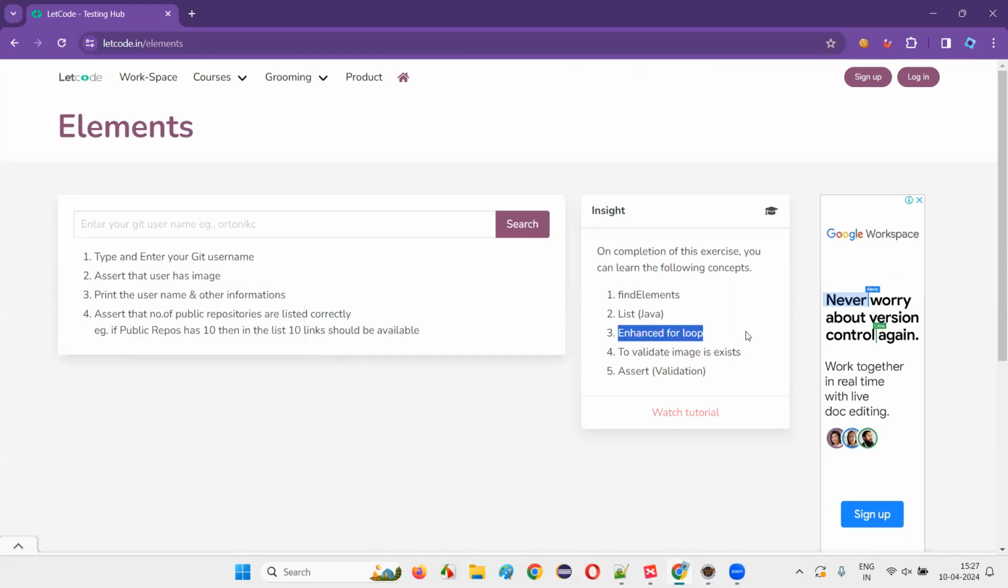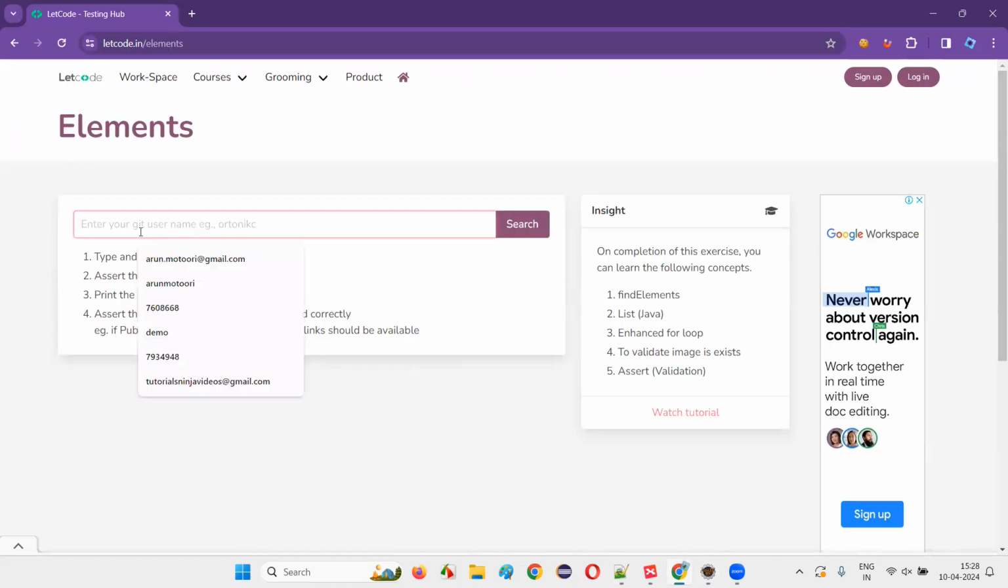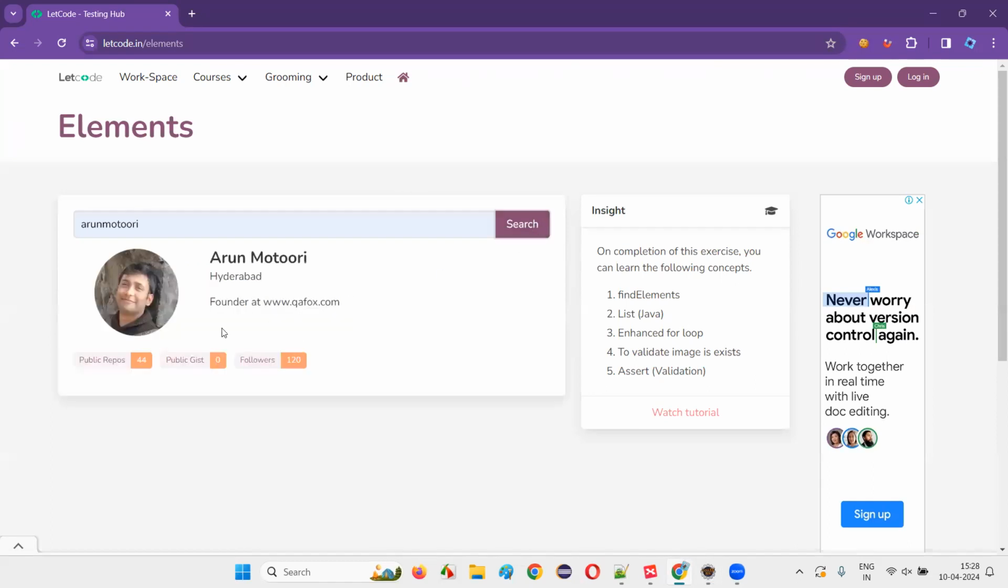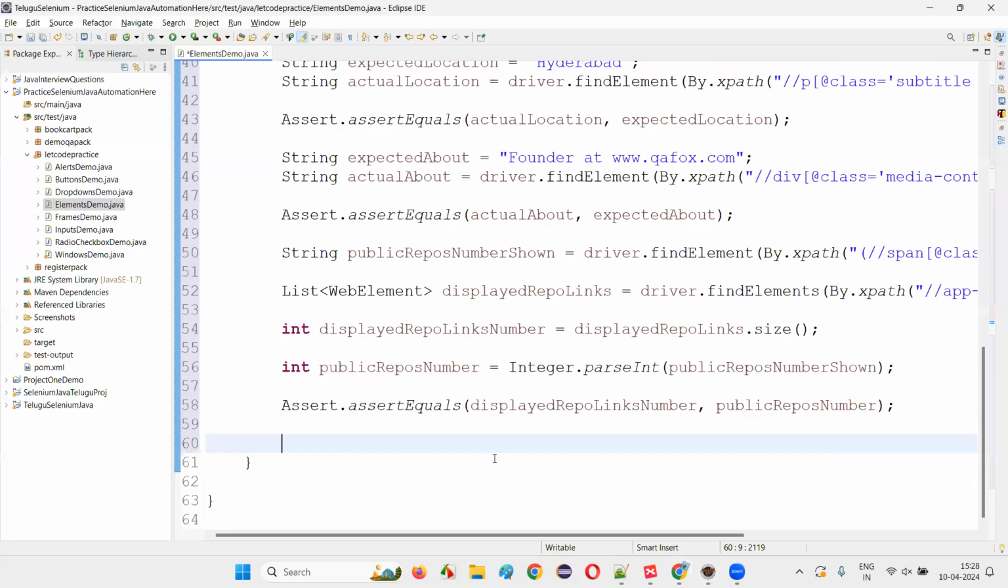I don't know. If you want to open each and every link, assert that the number of repositories are listed correctly, as in 10 in the actual, 40 in the list, 10 should be available. Okay, but if you want to do something extra after verifying this, if you want to print all the GitHub repo links that are coming there, the complete list of repo links,